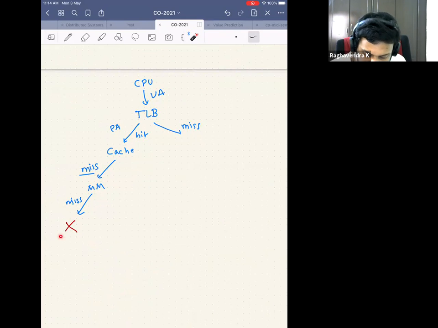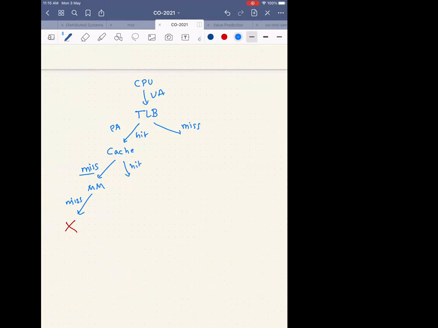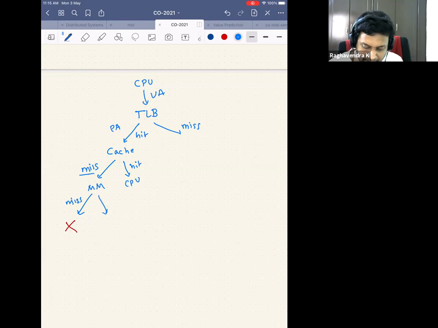Okay, so is everybody convinced that this cannot be a miss? What will you do if there's a hit in the cache? Give it back to the CPU. Yes, excellent. If there's a hit in the main memory, what do I do? I go to the cache and then to the CPU. And now I am not worried about how the cache handles it. It's the headache of the cache controller, whether it wants to keep it and then give it to the CPU, or give it to the CPU and then keep it in the cache. So I just write that I am giving it to the cache controller. How the cache controller handles this is completely dependent on it.